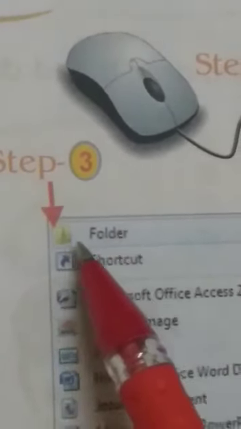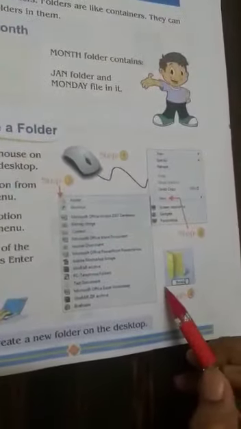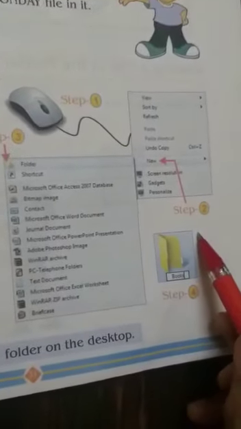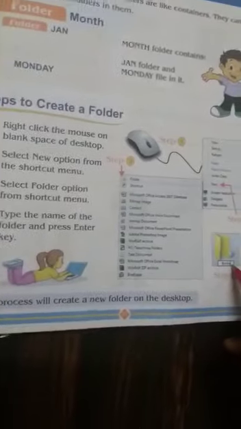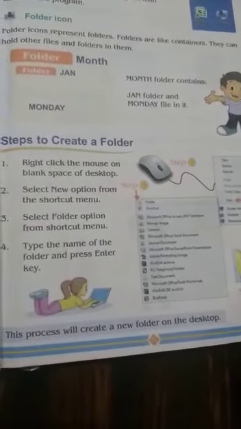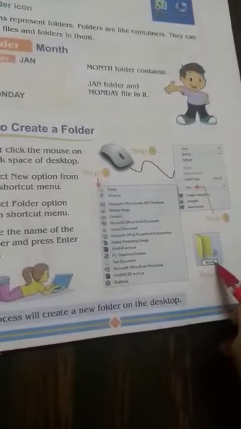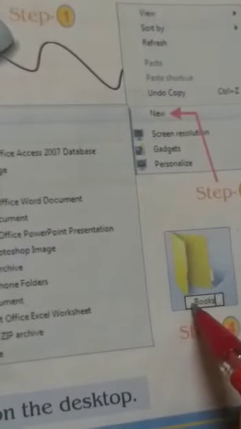Once you click on this Folder, you will see a folder of this type created on your computer screen. And now you have to type your name on that blinking cursor, and wherever you start typing, you will be giving a name to your recently created folder.